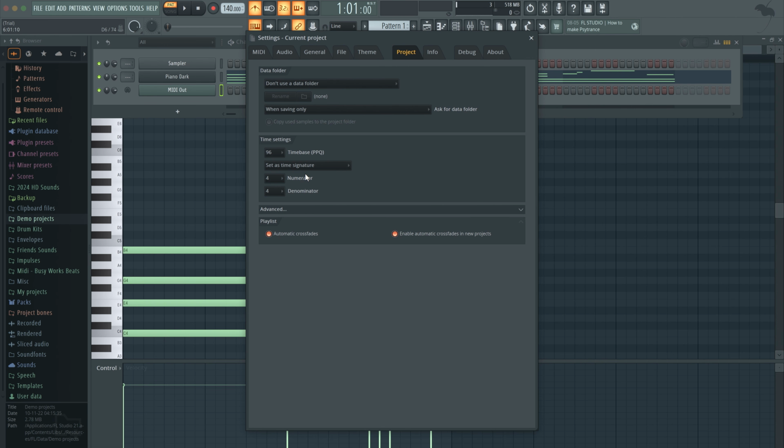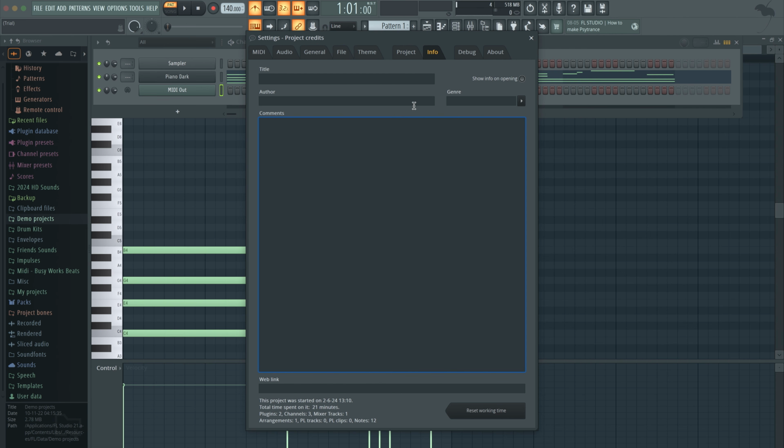But if you ever were to try to experiment with time signature, you could switch the time signature here. So let's say you want to produce in 6/8 timing. The top number would be your numerator and the bottom number would be your denominator. So for example, if you want to produce in 6/8, you would go to 6 and then 8, and it changes your grid in the background to match this time signature. So that's for more experimental producers who want to get outside of just 4/4 timing. But as a beginner, I'd recommend keeping this on 4/4.